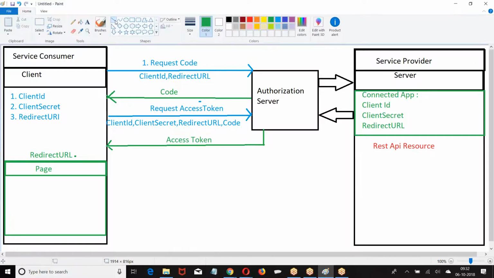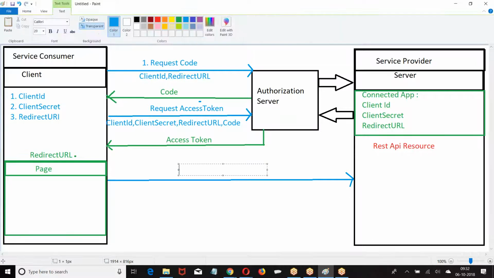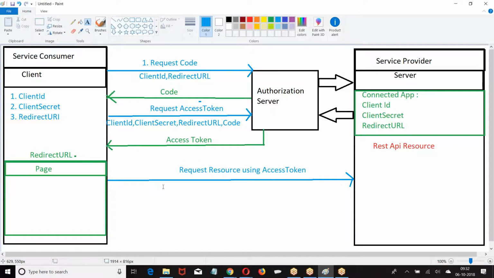Then client will send request to the service provider. This is my access token, give me the resource. Request the resource using access token.